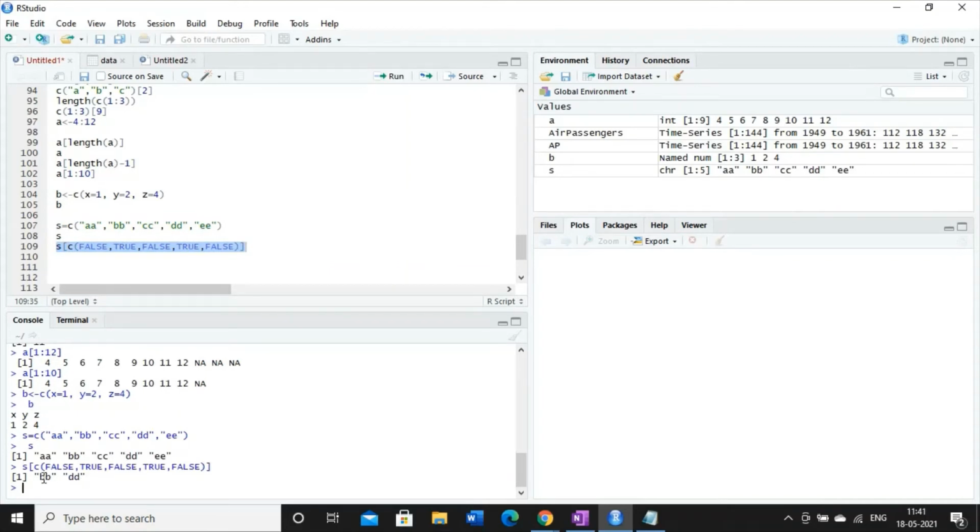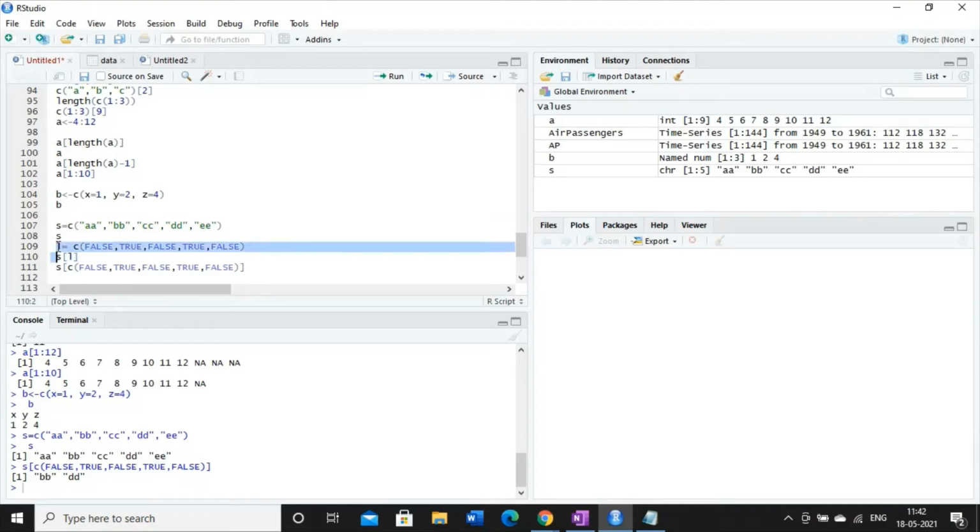See, it is giving me the second element and the fourth element. So try to understand, writing code is simple, but writing optimized code is not simple. Instead of doing this syntax, if you explicitly define another logical vector just like this, it is correct. And then you want to access the index value of s, so you have to write s of L. This logical vector will help us to access the index value of s.